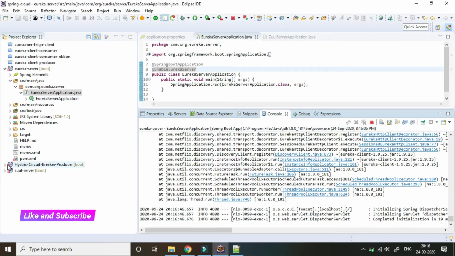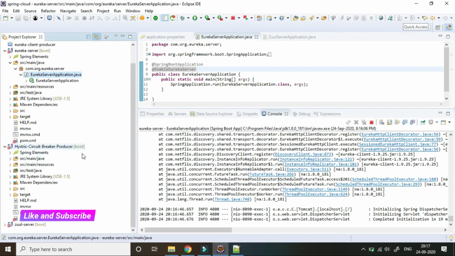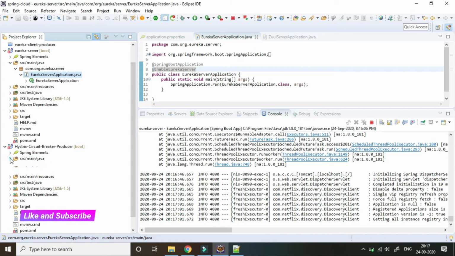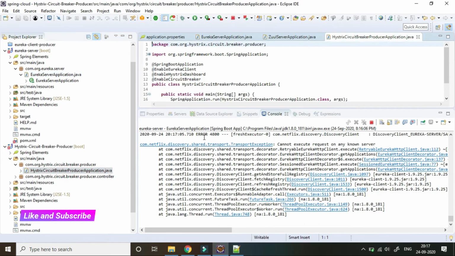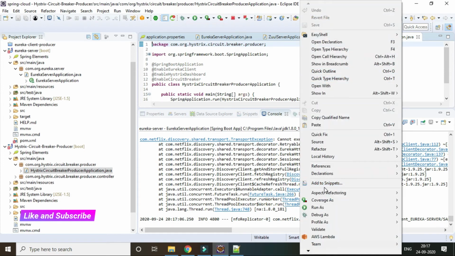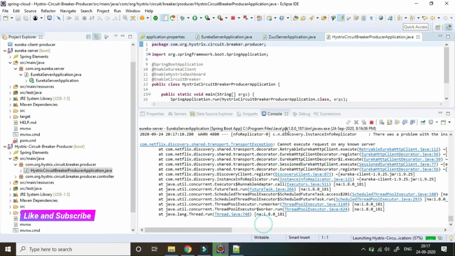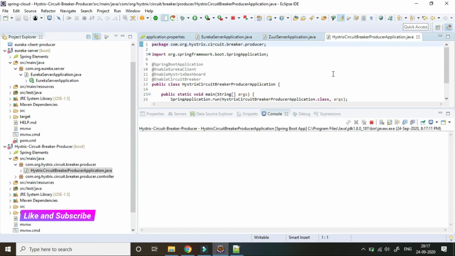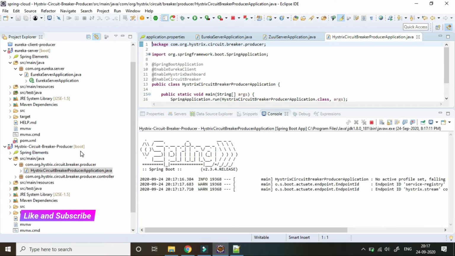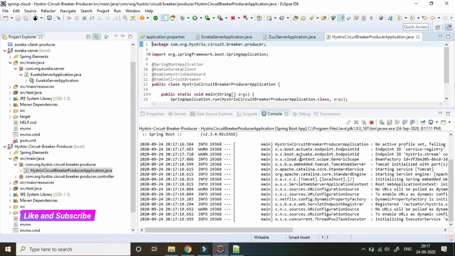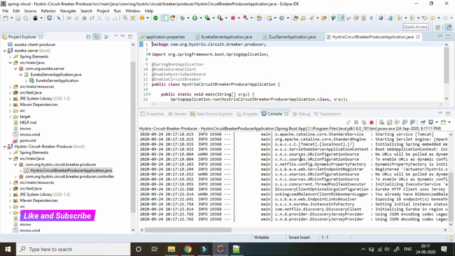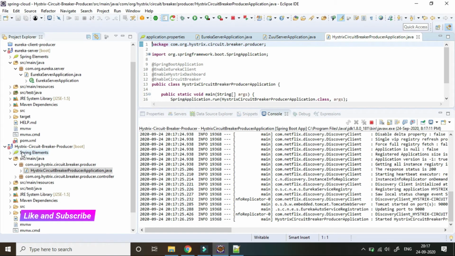Now we will start our Hystrix circuit breaker producer. If anyone wants to know what the Hystrix circuit breaker producer is, I suggest please go through my previous tutorial. It will help you a lot to understand what a Hystrix circuit breaker is, and this is a very important thing in the microservice world.